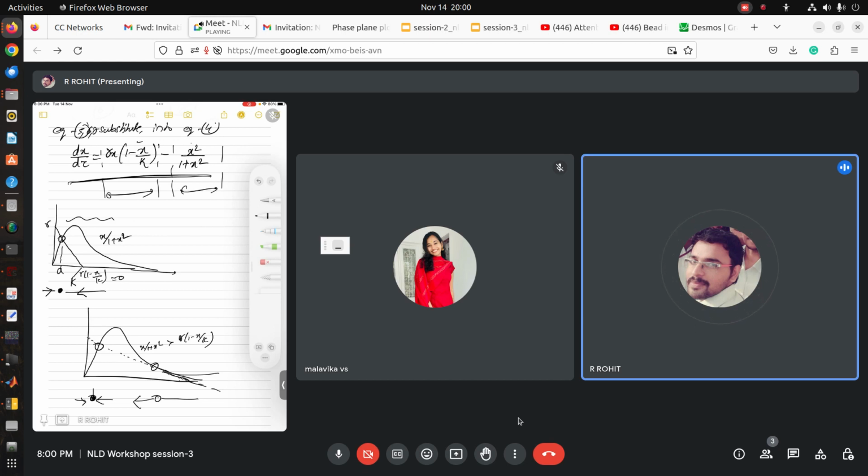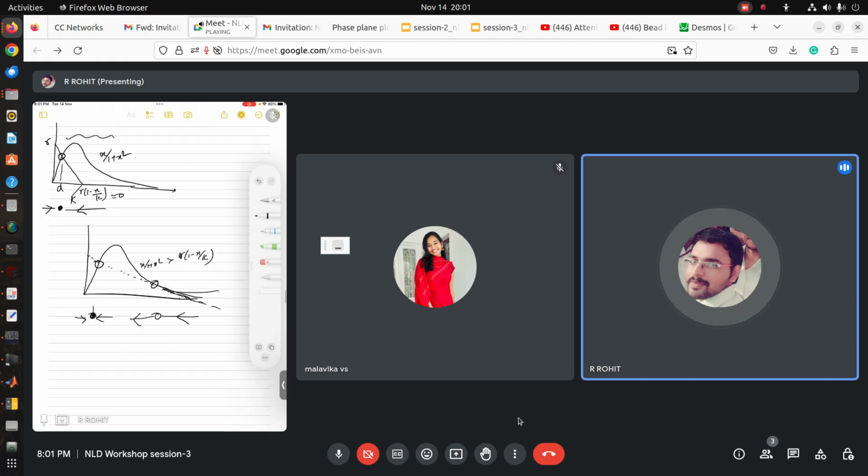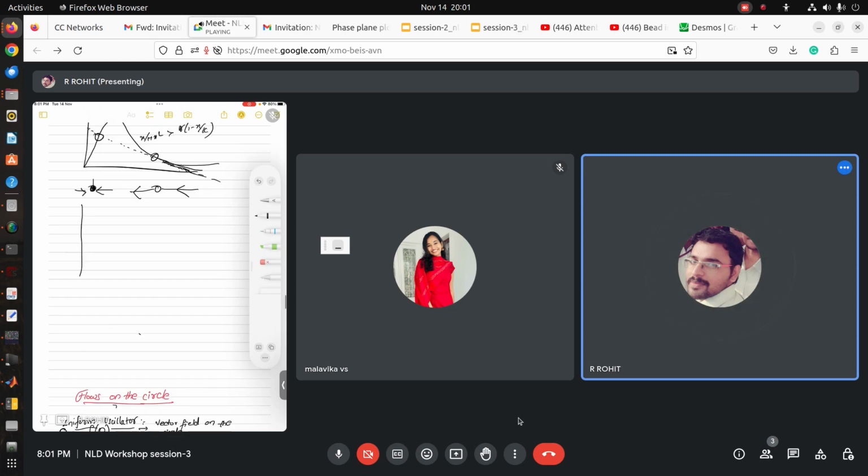Okay, so this tries to go, and here x by 1 plus x square is greater than r into 1 minus x, so its net value will be negative, so it will try to go in this direction. Now if it was a tangent condition, if you draw it more precisely,